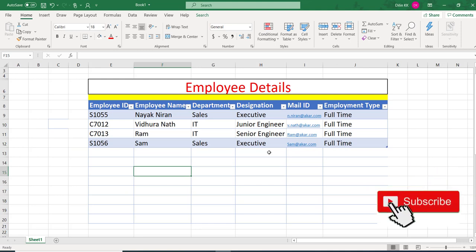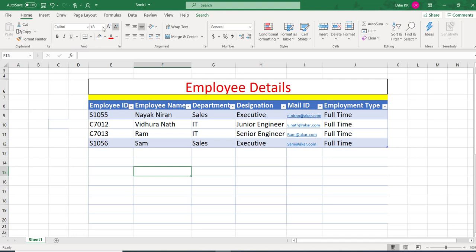You can see that the Form option in Excel is not directly available in the quick access toolbar, and also it is not available in the ribbon. You have to add the Form option either in the quick access toolbar or in the ribbon. I will show you how to add forms in the ribbon and also in the quick access toolbar. First I will show you how to add Form as a tab in this tab area.